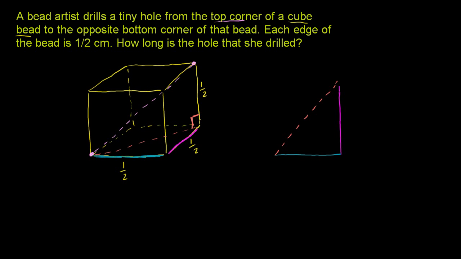This is a cube we're dealing with. So this is a right angle. We know that this side is 1/2 centimeter. We know that this side, right over here, is 1/2 centimeter. So if we wanted to figure out this diagonal, or this length right here, we can just use the Pythagorean